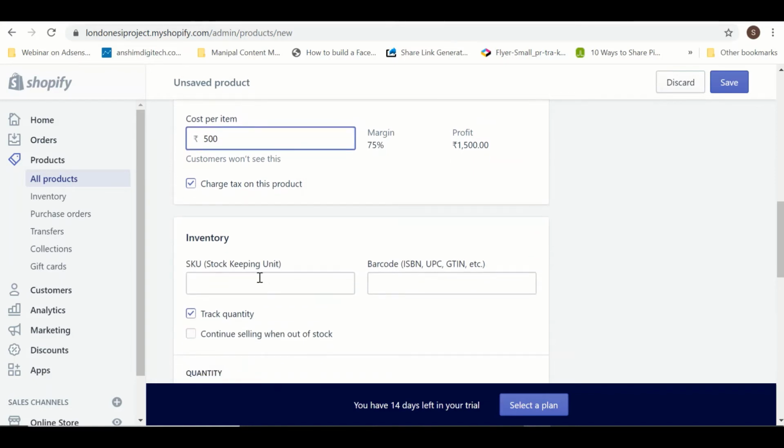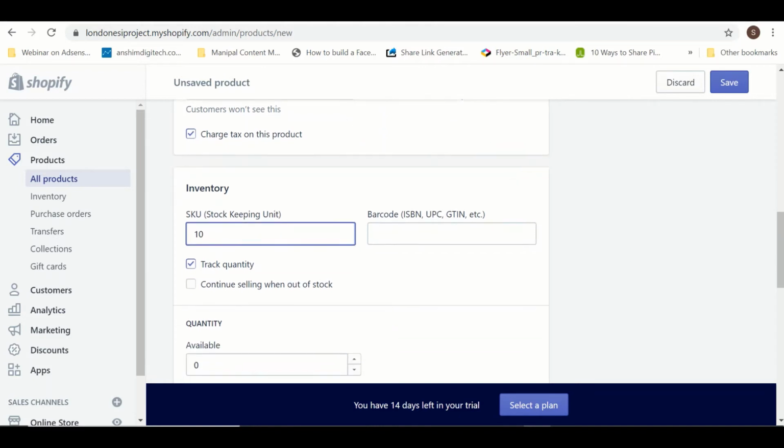Most important thing is inventory. Right, so whenever you're purchasing a product, you are getting information about the stock, that how many items are left in the stock. How you are getting that particular thing? You are getting this through the number of items that you have in your inventory. So I will say okay, I have 10 items right now. You can also have a barcode. So for some products there are barcodes available, so you can also include a barcode if you want.